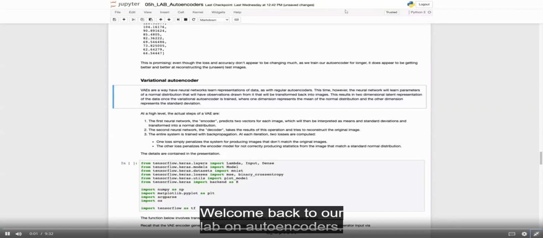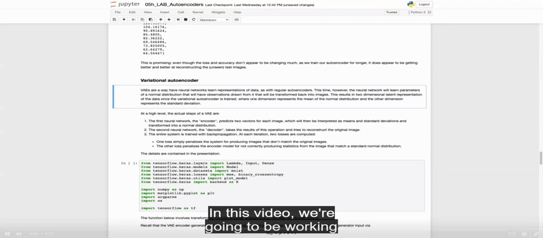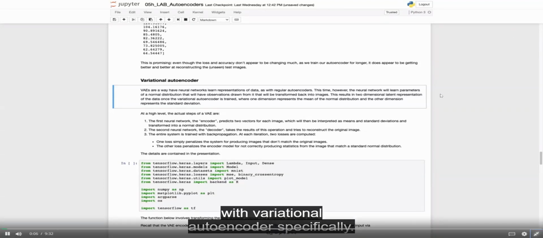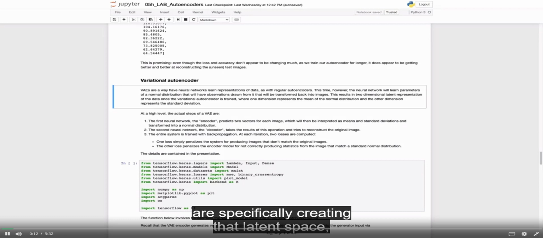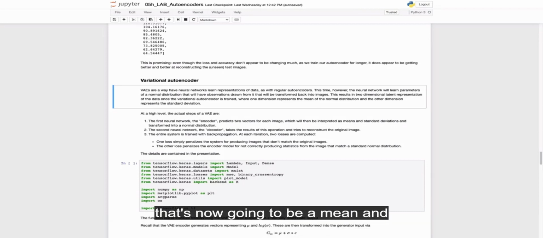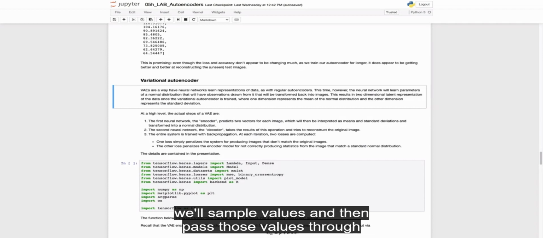Welcome back to our lab on autoencoders. In this video, we're going to be working with variational autoencoders specifically. And if we recall, variational autoencoders are specifically creating that latent space that's now going to be a mean and a standard deviation that signifies a normal distribution. And from that normal distribution, we will sample values